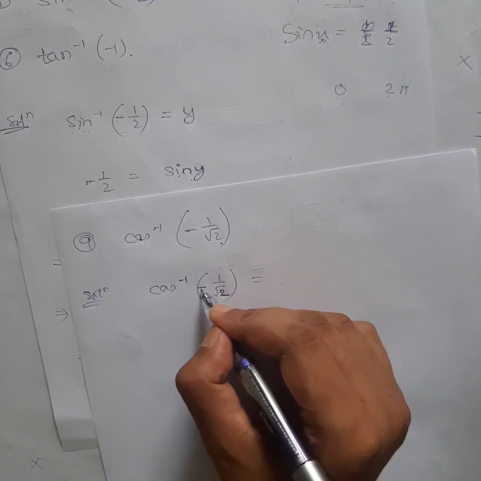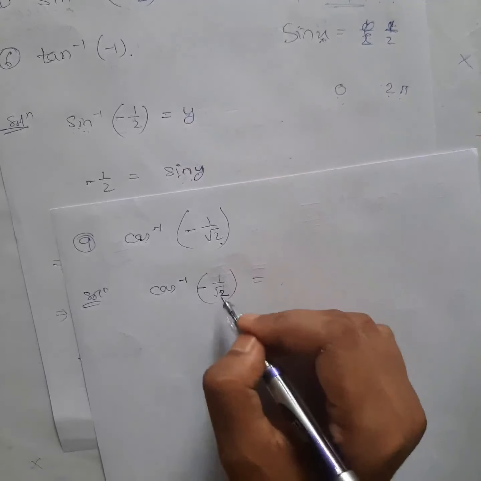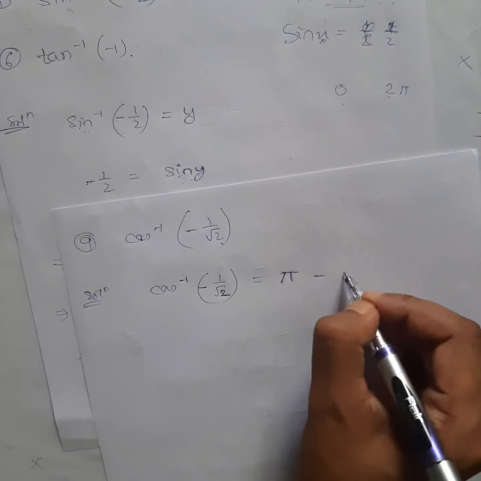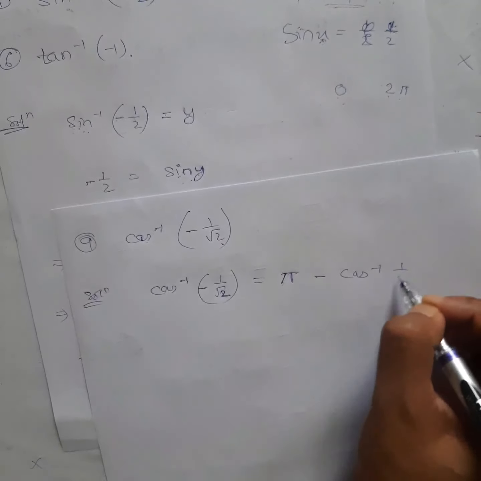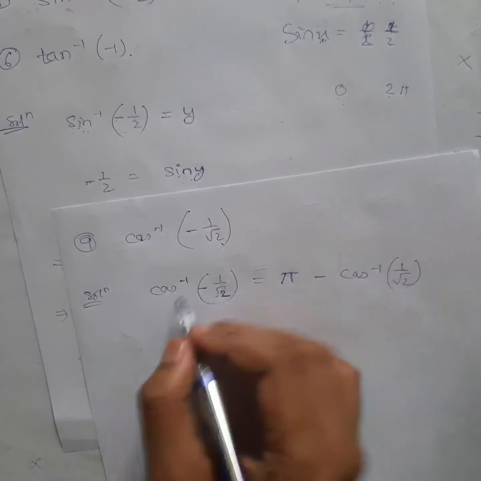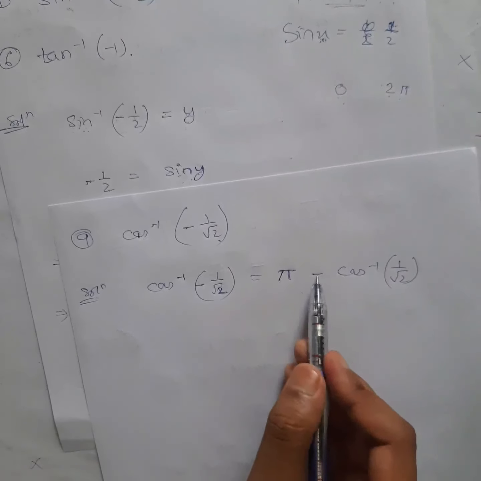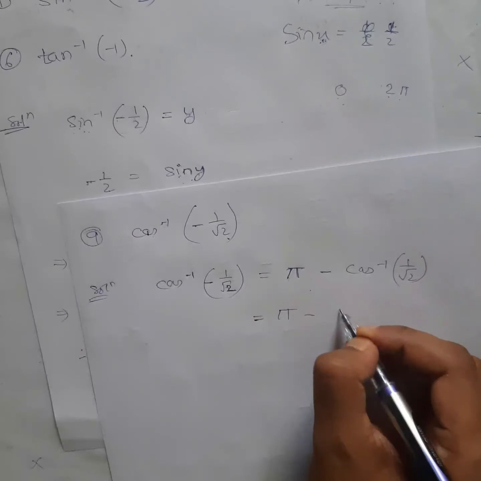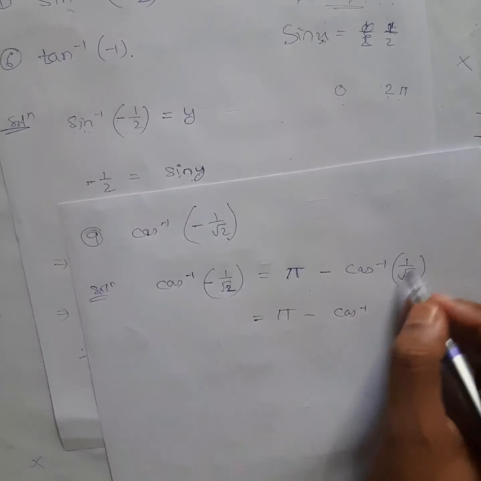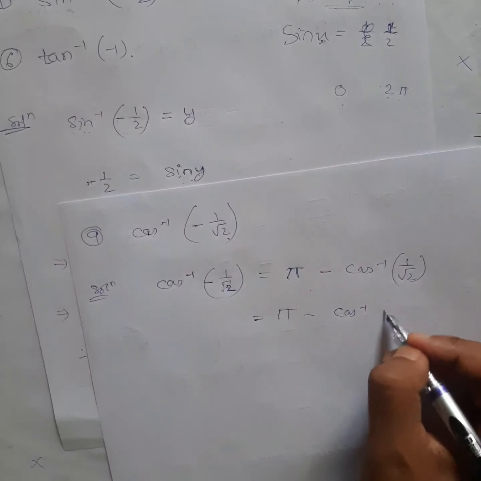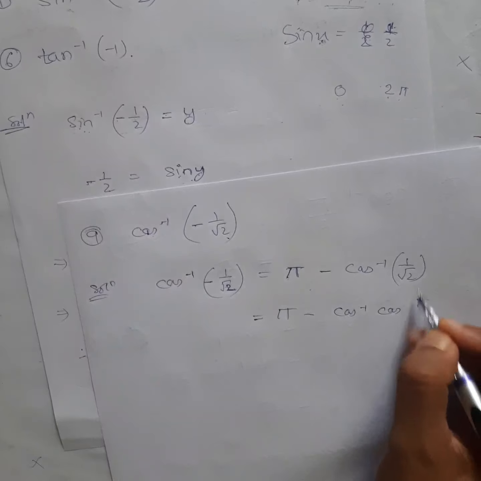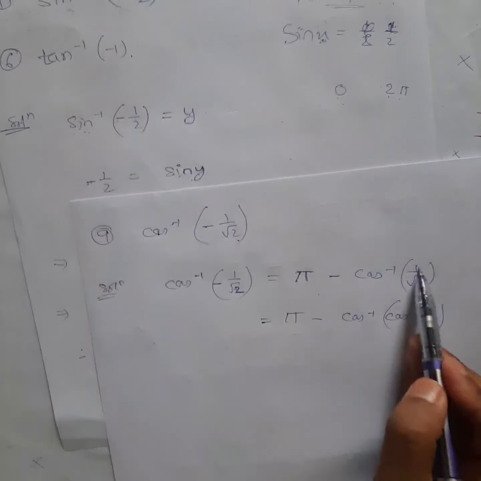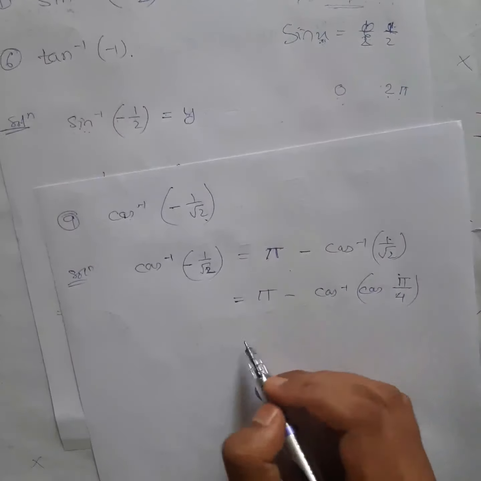Now see, this is cos inverse of a negative input, right? For a negative input, cos inverse is pi minus cos inverse 1 by root 2. This is how it gives its negative outside, right? Pi minus cos inverse 1 by root 2. So for what angle is this 1 by root 2? Cos of pi by 4, this is for 45 degrees, right, pi by 4. So 1 by root 2 I can write as cos pi by 4,